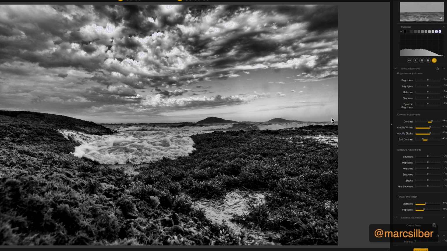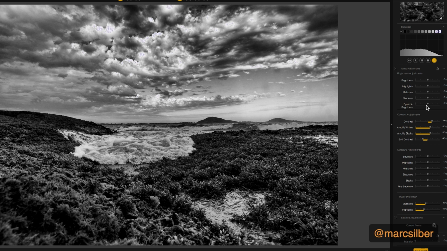One thing I am noticing is there's some sensor spots over here, so that should be processed out in Lightroom before we get to it. I'm not going to do that right now. Sometimes those show up, and it would be easier, obviously, to do that before we start adding the black and